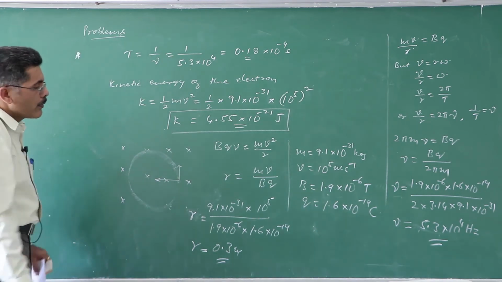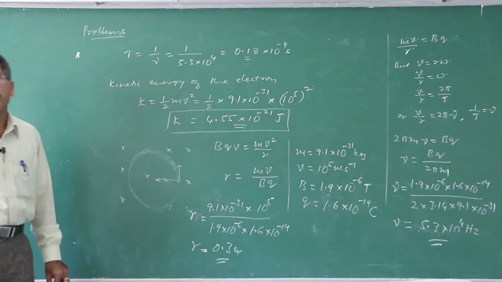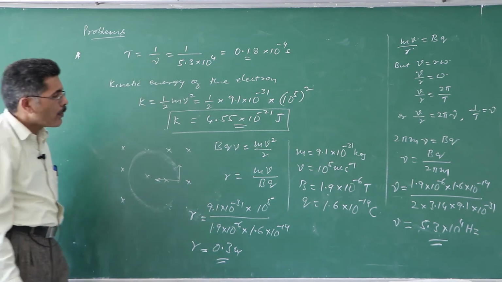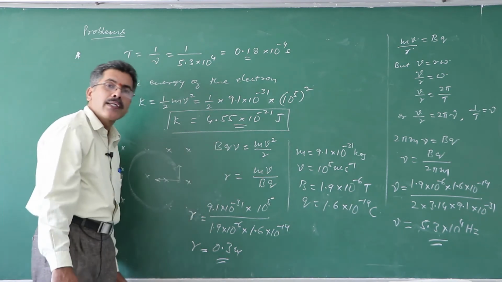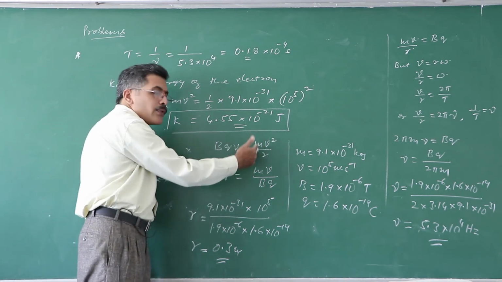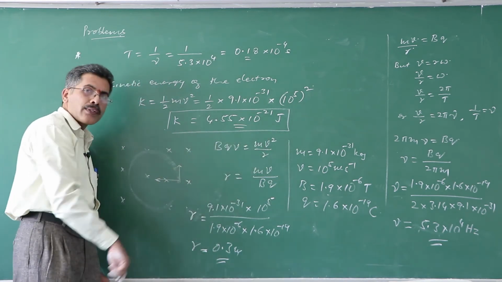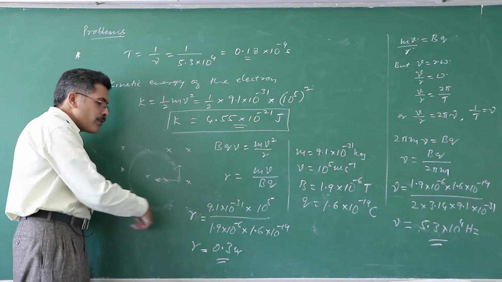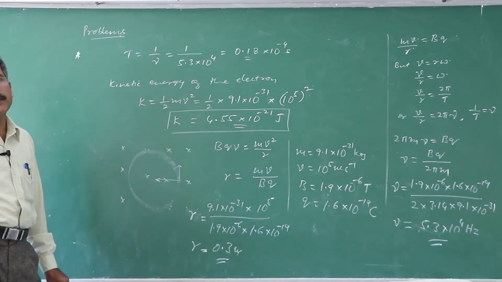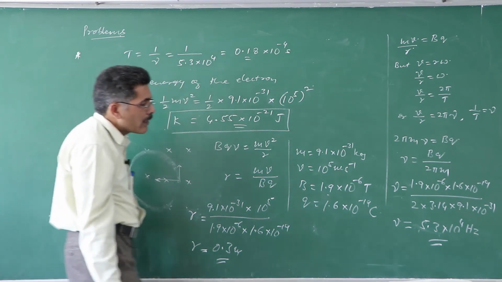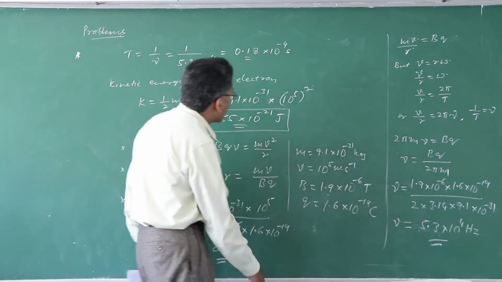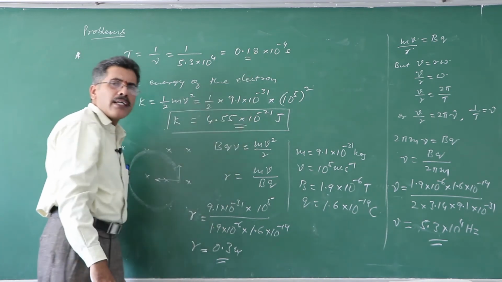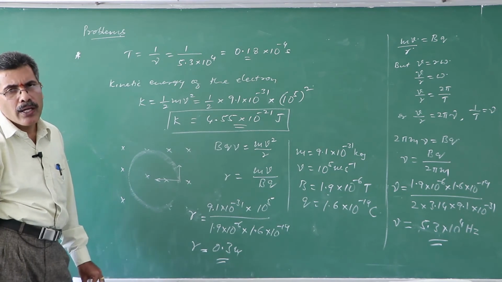See, in this way, when a charged particle enters the magnetic field perpendicular to the field direction, it starts moving along a circular path. Here, the force due to the magnetic field provides the necessary centripetal force for the electron. Therefore, it starts moving along the circular path. The time taken to complete one revolution is called the period, and the number of revolutions completed in 1 second is called frequency. First we have calculated the frequency, then the period of revolution. In a very small time interval, the electron completes one revolution.